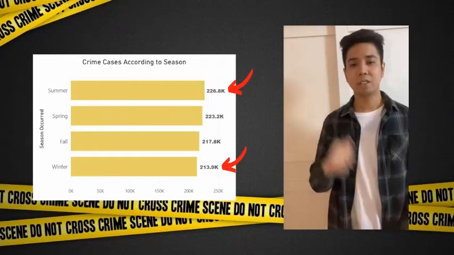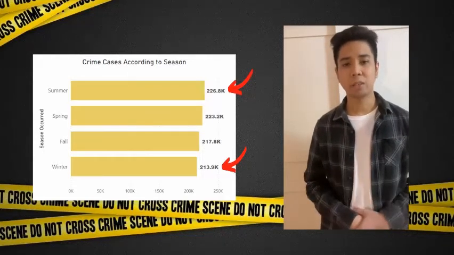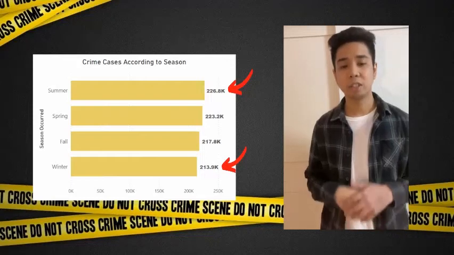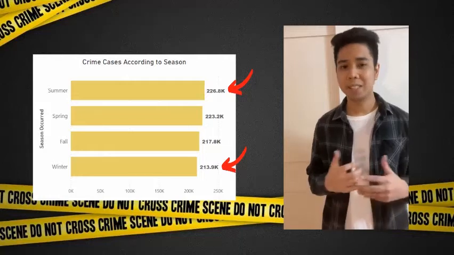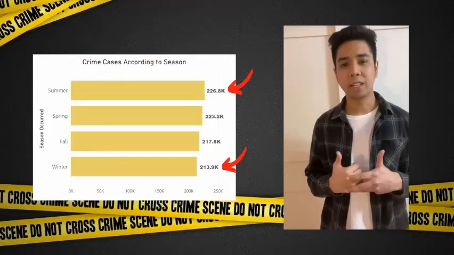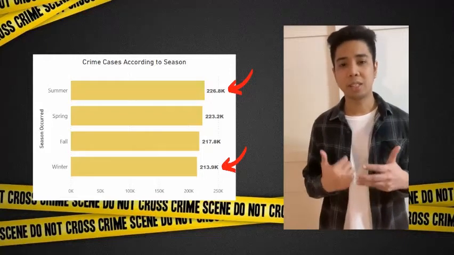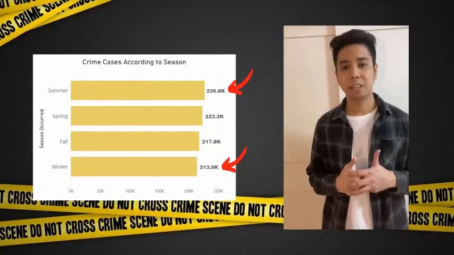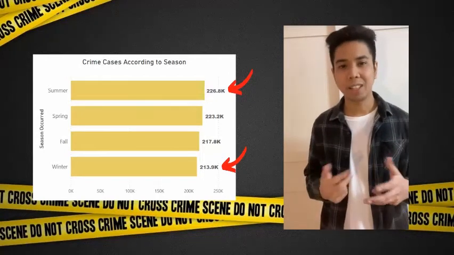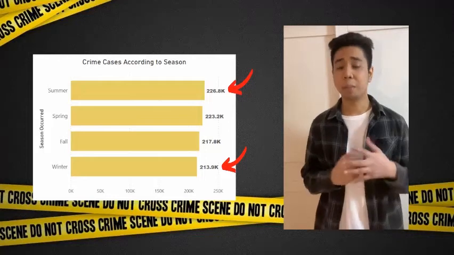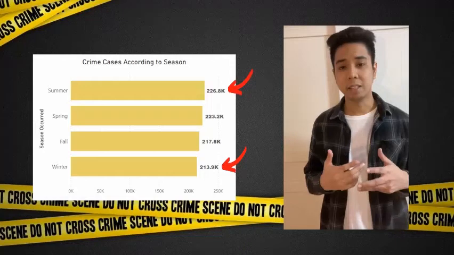The second chart shows the overall number of crime cases occurred throughout the years according to four seasons, which are summer, spring, fall, and winter. Summer recorded the highest number of crime cases, which are 226.8 thousand cases, followed by spring and fall. In contrast, winter recorded the lowest number of crime cases as compared to other seasons, which are